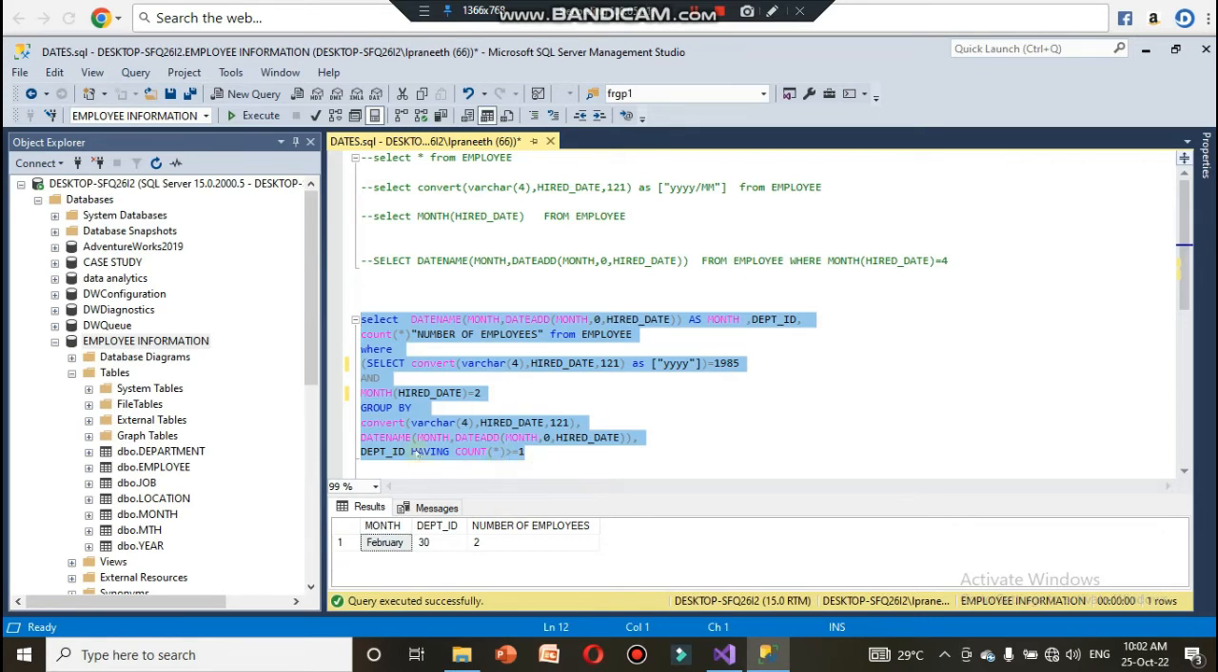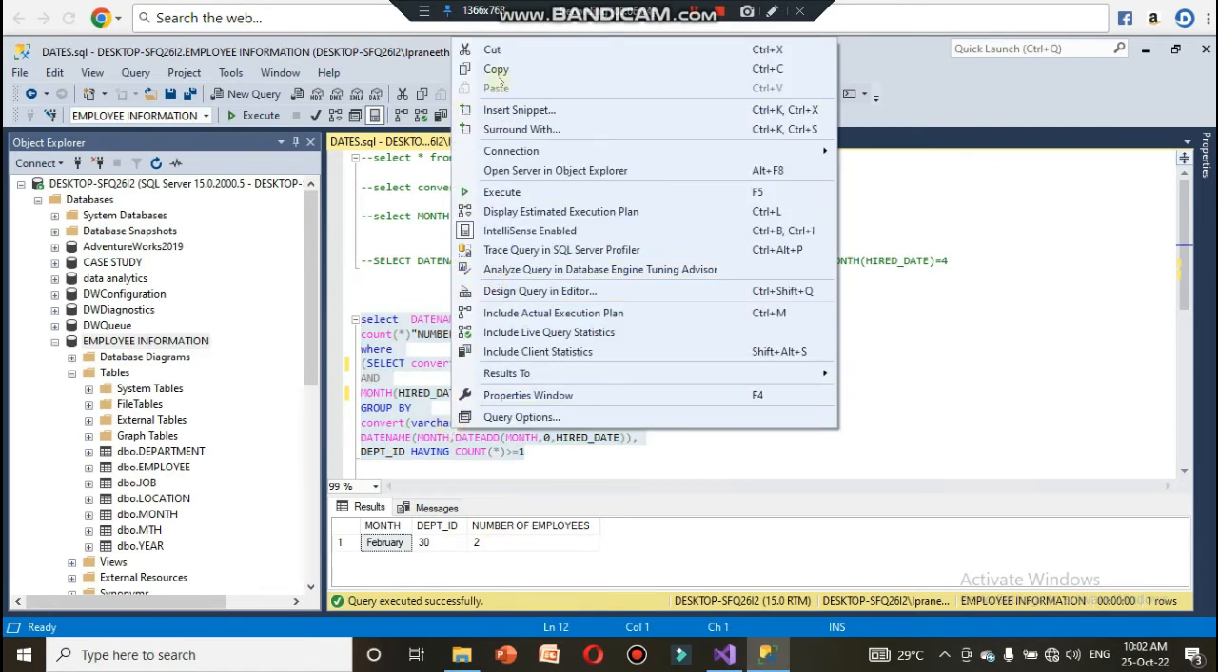So that is, we need to group by some subquery and convert varchar of 4 hire date, so it will be converting to character, and after that date name. Date name means month we have converted, so it is February, and department ID, so who have joined in that February month is having a department ID of 30, and the number of employees will be 2. So this is the code you are going to use. So copy that one